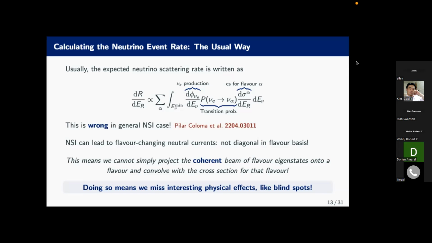And this is a bit of a weird point. Bear with me. The takeaway is that you can't do this projection with a coherent beam onto any particular flavor and convolve that with the cross section for that flavor. Because if you do that, you can miss very interesting physical effects, like blind spots in the experiment, which I'll go into as we go. So the correct approach